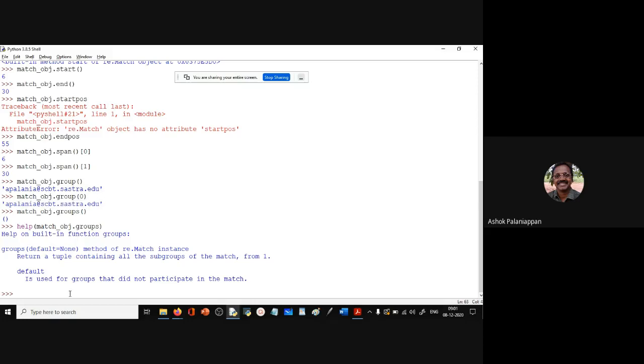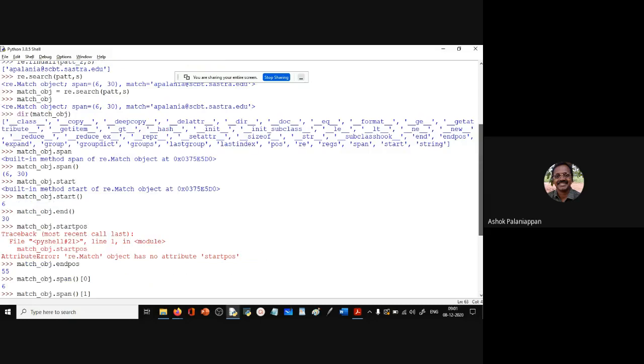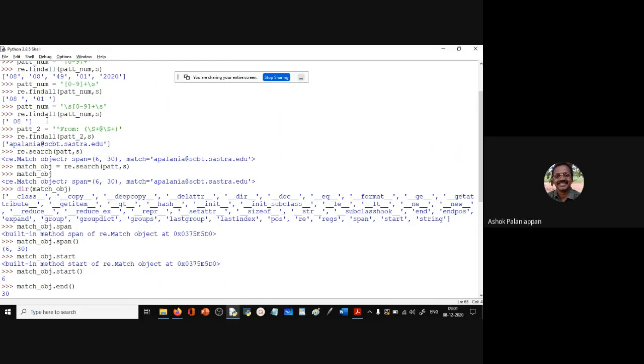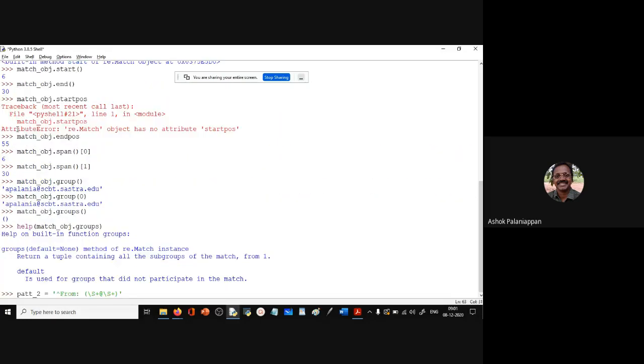So let's construct something with multiple parentheses. Let's try to extract both the email address as well as the numbers. Now, how do I extract the numbers from here?